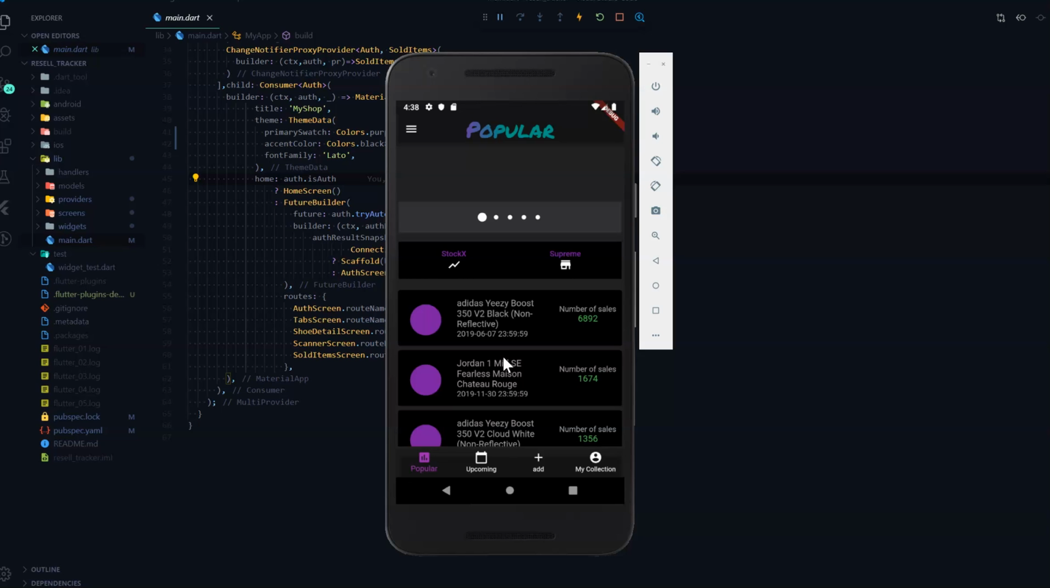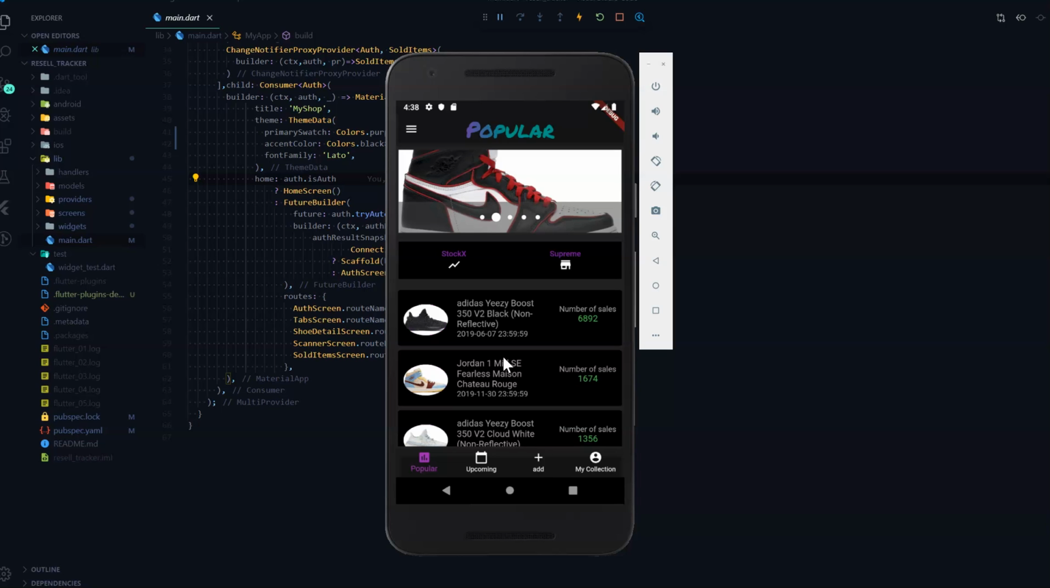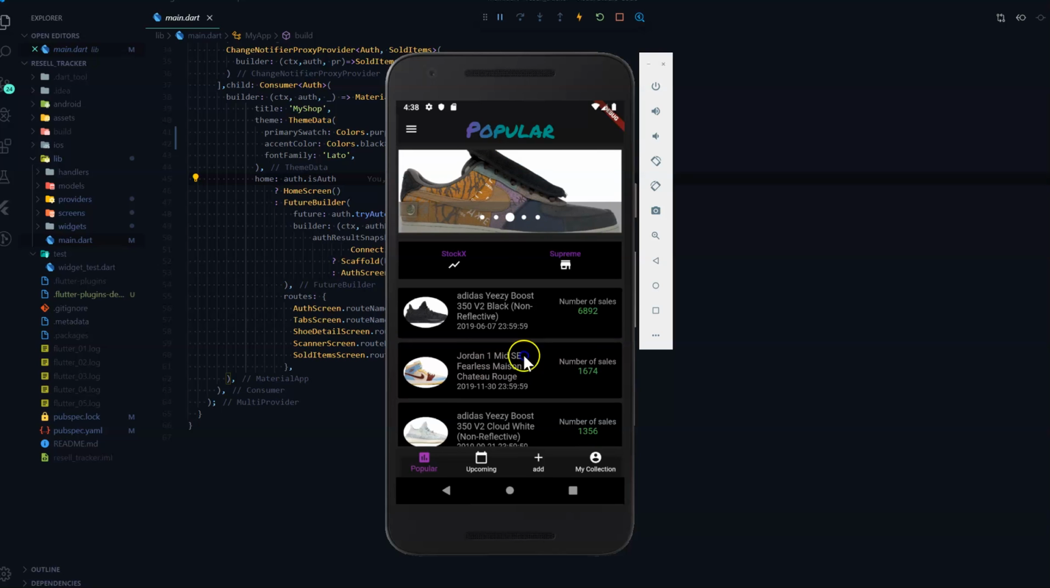So this is the main landing screen, and pretty much this application helps people who are into streetwear and shoes maintain a good overview of the shoes that they have in their collection. So yeah, this is the first page,